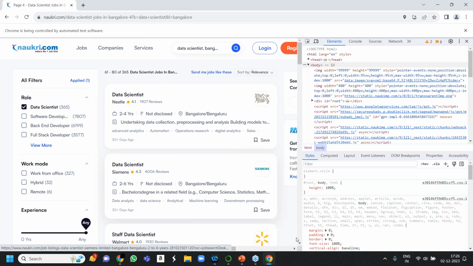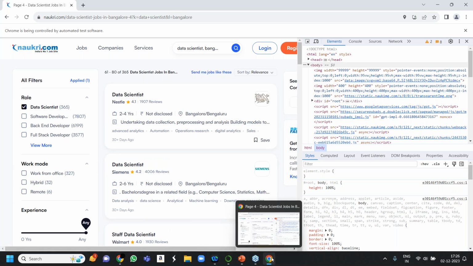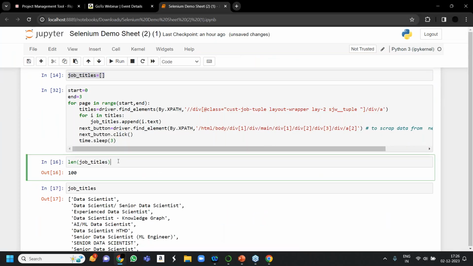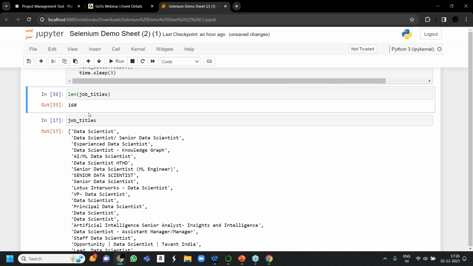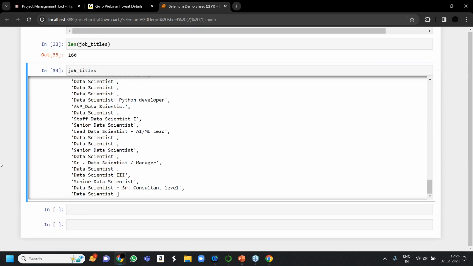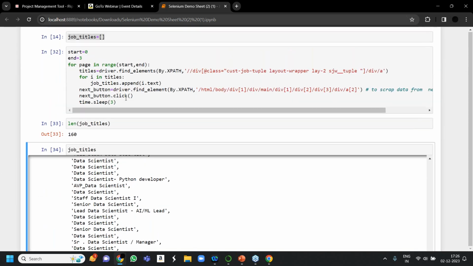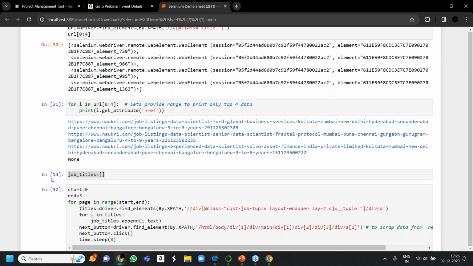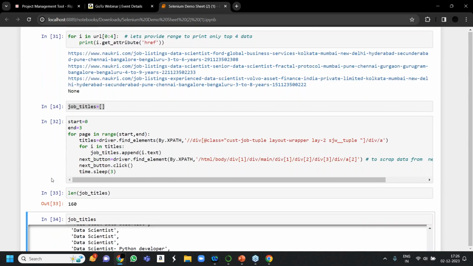Okay, 160, because I have clicked there 2 times, so that's why it is taking that way. Job titles, and I got all of them. You got the concept, right? Am I clear?